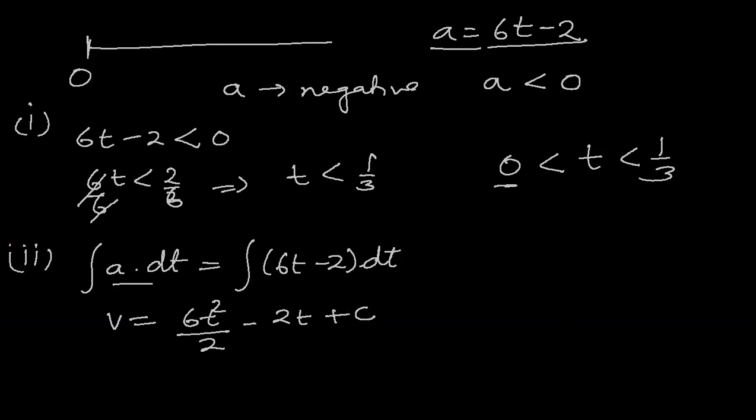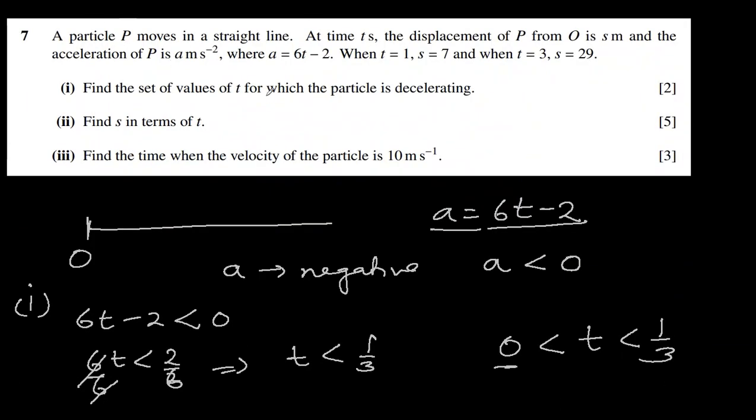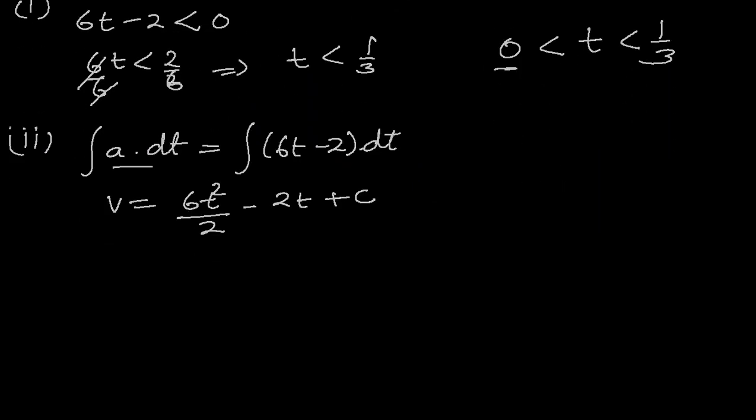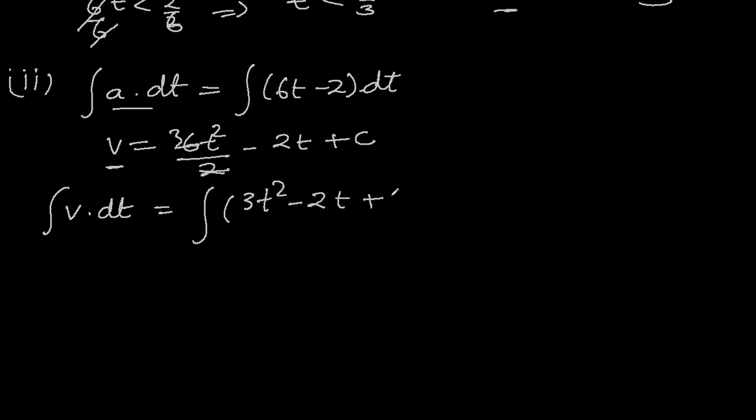We can't find c because no condition has been given for the velocity at different times. Nowhere is there a hint. But they have given two hints for displacement. So let's move on to displacement from here. If we want to find the displacement equation from velocity, we will have to integrate again. So v dt will be the integration of 3t square minus 2t plus c